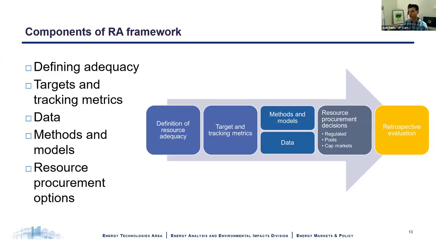A 5th component here is one that we had suggested in prior research. It's slowly taking hold in practitioners, but this idea that as we have actual events that hit our system, and especially not the big ones that prompt what's called root cause analysis, where everyone stops and someone issues a large 150-page report on what happened, which is what happened typically in large winter storms or hurricanes. A retrospective evaluation would be looking at the use of reserves on an ongoing basis and trying to report how faithful the modeling that we're doing is compared to the actual performance of the system. There's just a lot to work here, but we believe it's an important component that has been missing